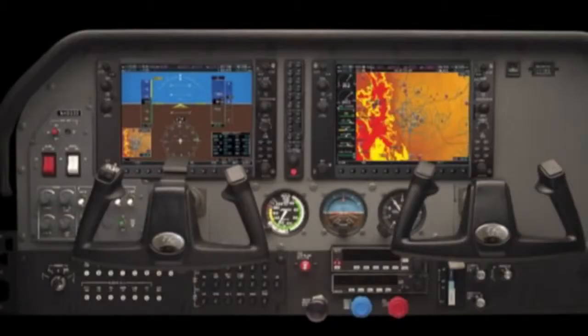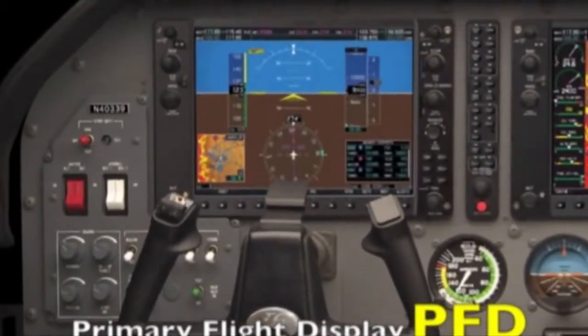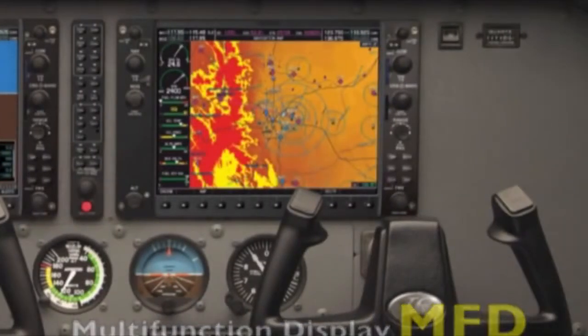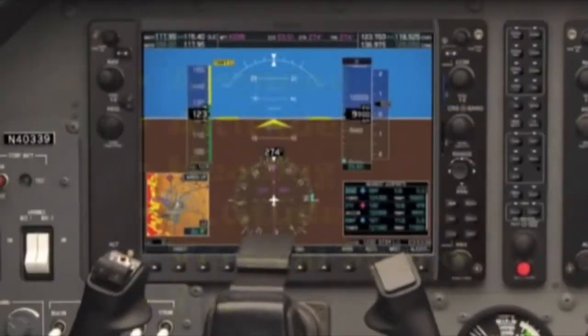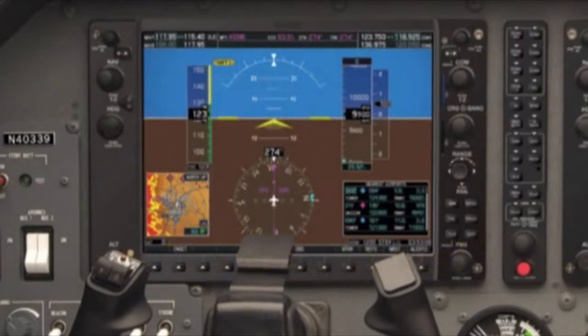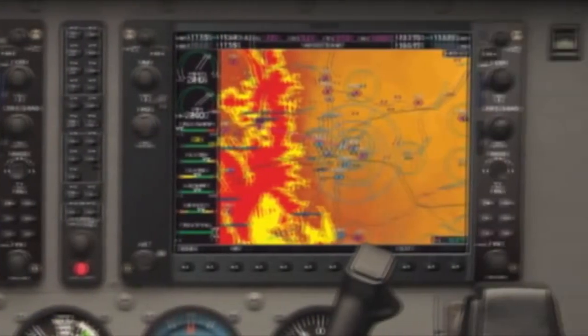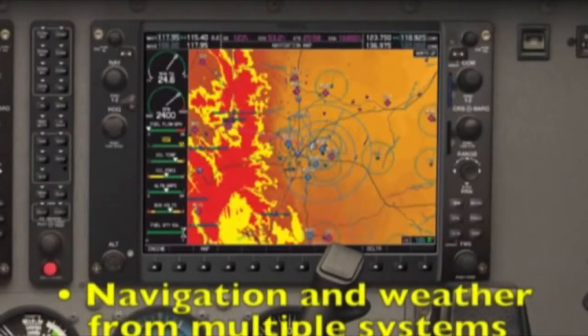The EFIS has two displays, the primary flight display, PFD, and the multifunction display, MFD. The PFD integrates the airspeed, altitude, heading, attitude, vertical speed, and yaw information into one display. Plus, it will alert you to unusual or hazardous conditions. The MFD displays navigational and weather information from multiple systems.